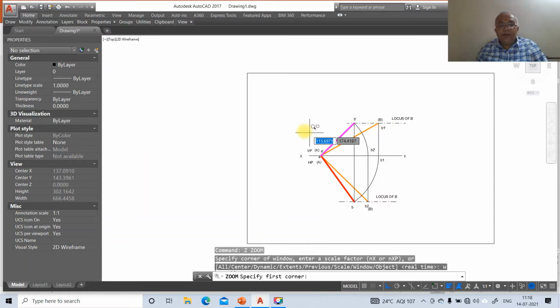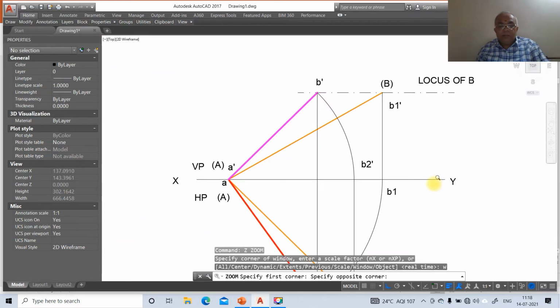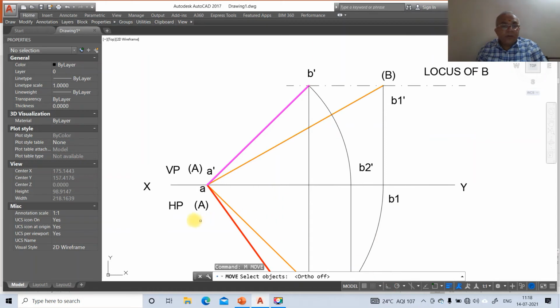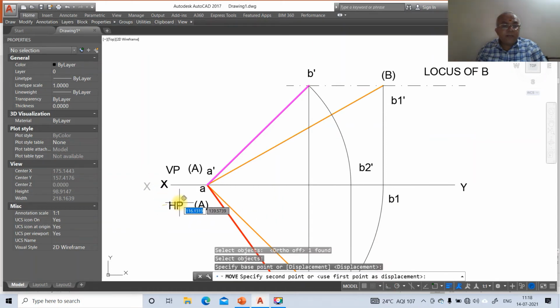Now we'll go for a zoom window. Move, switch off the ortho mode. You drag this and place it wherever you want.